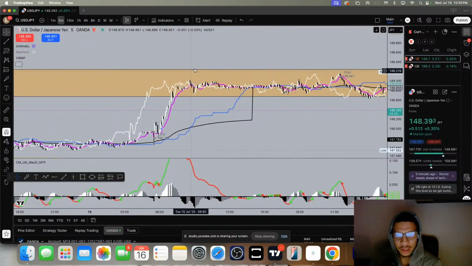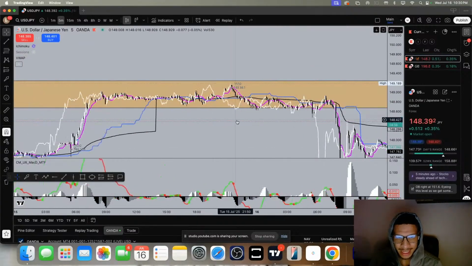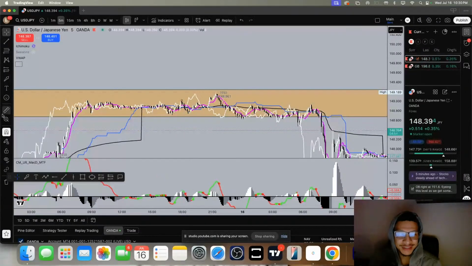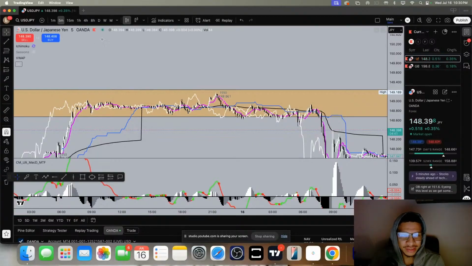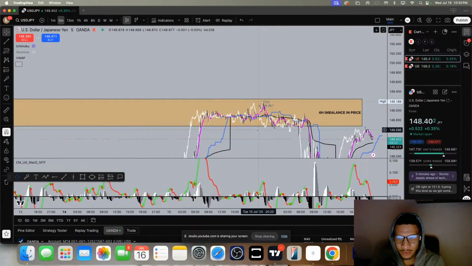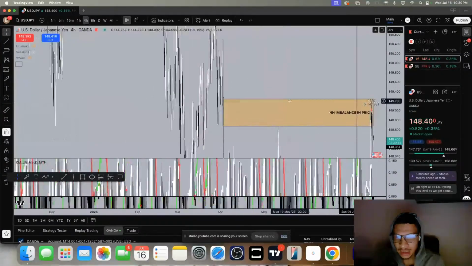I wanted the complete imbalance fill. And as you see, we barely missed filling that imbalance. And that's actually where my TP was at. My TP was at this 149.2 level, to fill that entire area of imbalance. But as we see, price barely missed it, and so it didn't fill that imbalance completely. However,